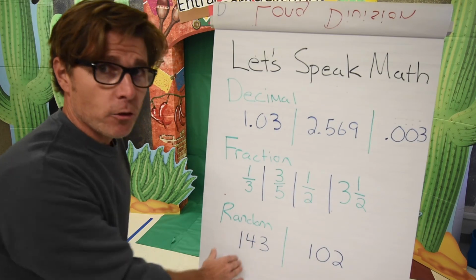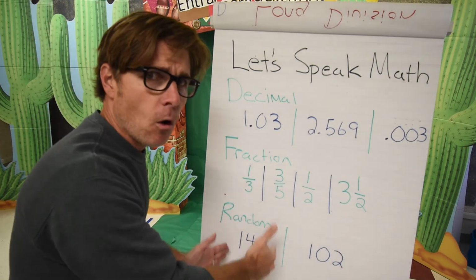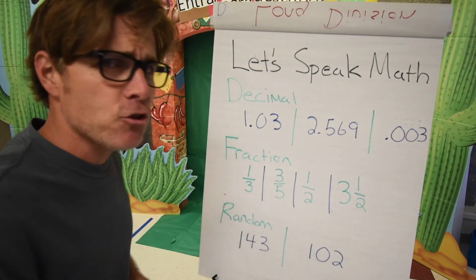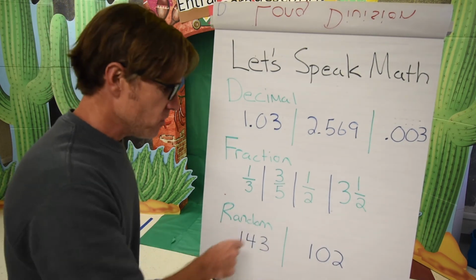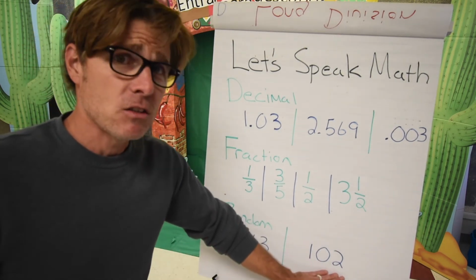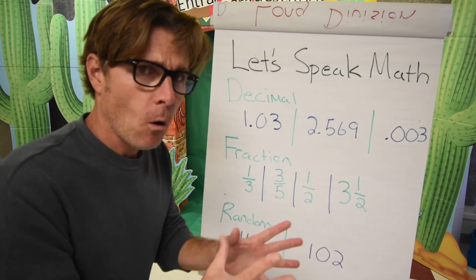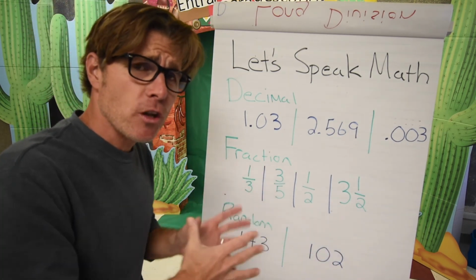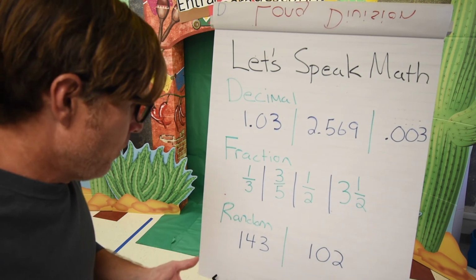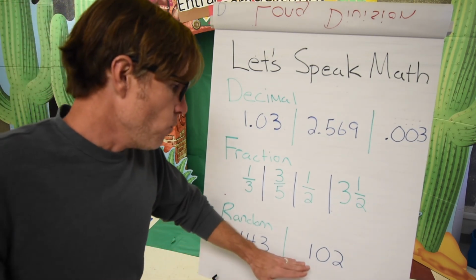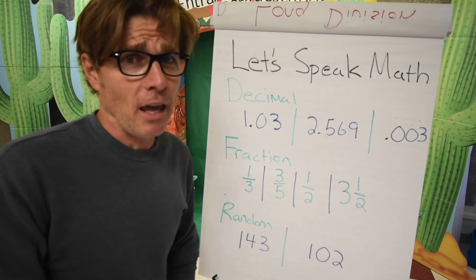Now, one place that we don't use "ands" is my examples on the bottom. We have 143. We have a 1 in the hundreds place, a 4 in the tens place, and a 3 in the ones place. Now, if you notice, that is only whole numbers. There are no pieces of numbers. Therefore, "and" should not be incorporated into calling that number. 143. Just like 102, that's 100 and... caught myself. That's 102. Wholes with no parts or pieces, therefore "and" should not be placed into the calling of that number. So 143, 102. Hopefully this clears up any misconception of when to use "and" and when not to use "and" when